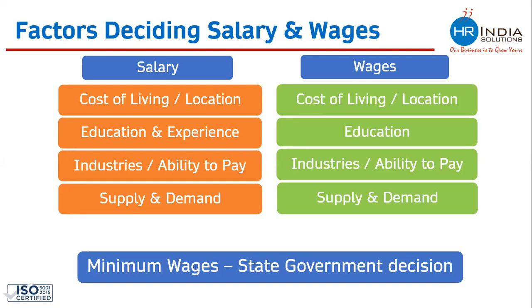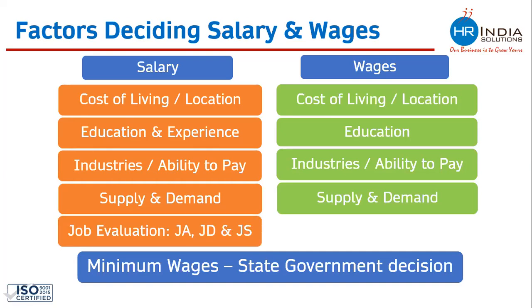In other words, what is the demand of any particular kind of skill set and what is the supply of that kind of skill set. Demand of data scientists is huge, but the supply is not that great. So demand is more, supply is less. That would be increasing the salary for these profiles. So on the basis of supply and demand on any particular kind of manpower or skill set, salaries and wages